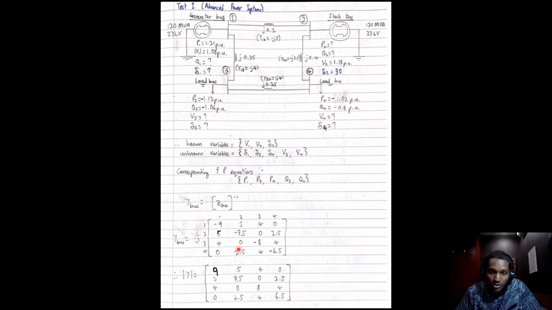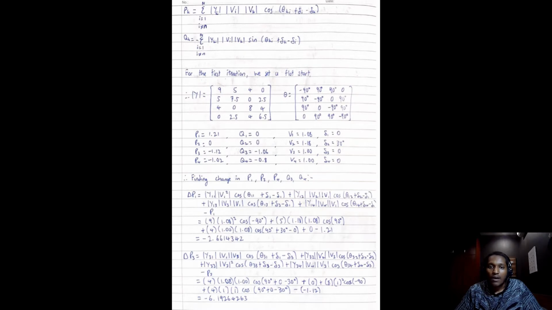So before doing that, we need to develop a Y-bus admittance matrix. So to do that, we will do 1 divided by the impedances here, and you'll get a 4 by 4 Y-bus admittance matrix. And for developing the equations, we'll be using this and this equation. So we'll input the values for the Y bus admittance matrix to the equation, theta, all the values of P, Q, V, and delta. These are the flat start values right here,